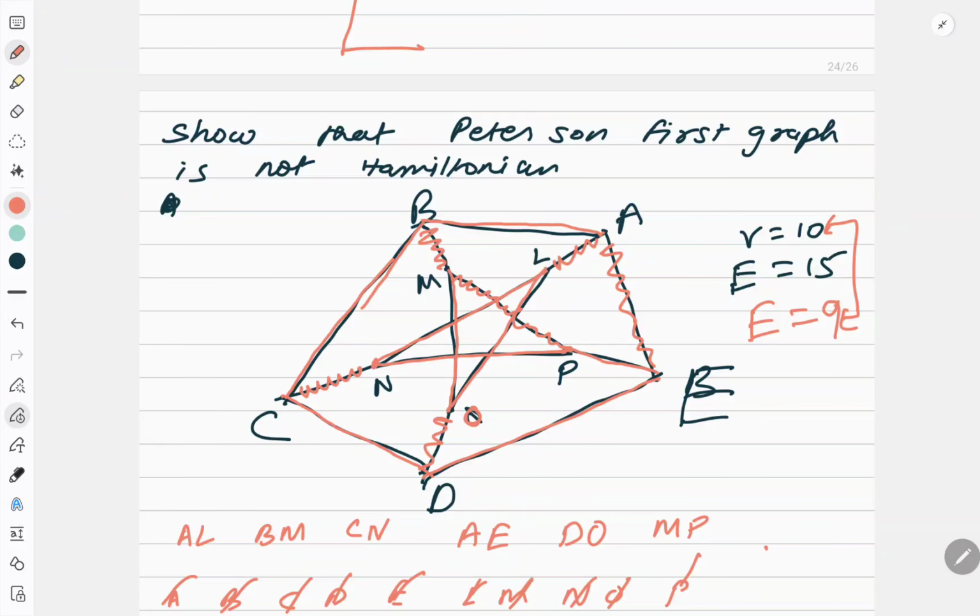So this topic Hamiltonian looks heavy because there are so many things in it, but it is very, very important, especially when you have to find disjoint cycles and prove that a Hamiltonian cycle does not exist, or you have to search for the Hamiltonian cycle. These types of questions are very, very important in this.